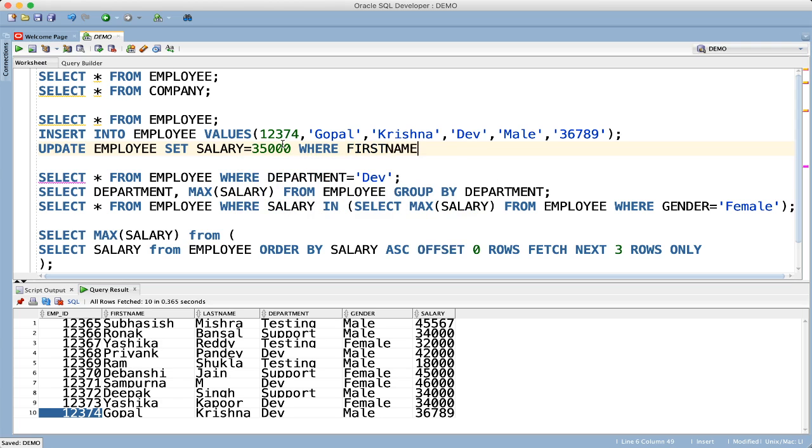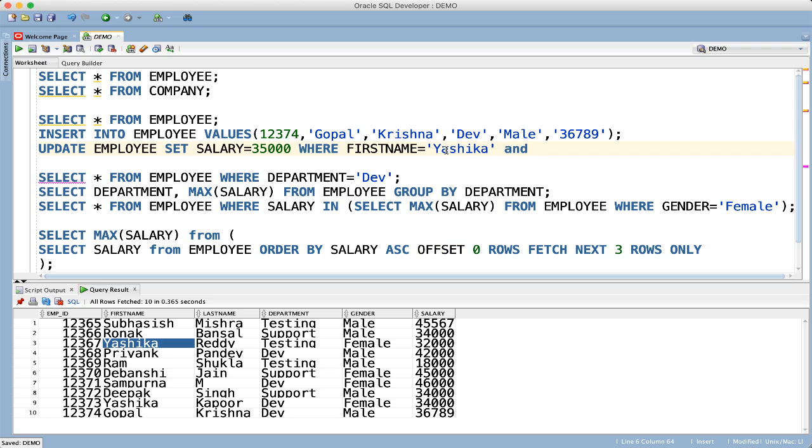First name equal to Yashika. Okay, we have two records with Yashika, so two things will get updated. For example Yashika Reddy, where first name equal to Yashika,